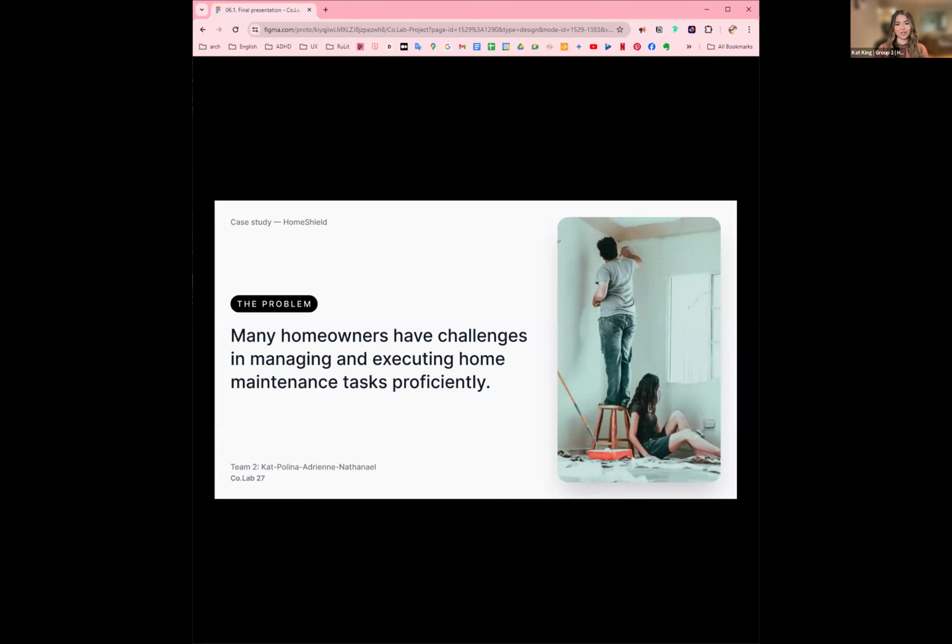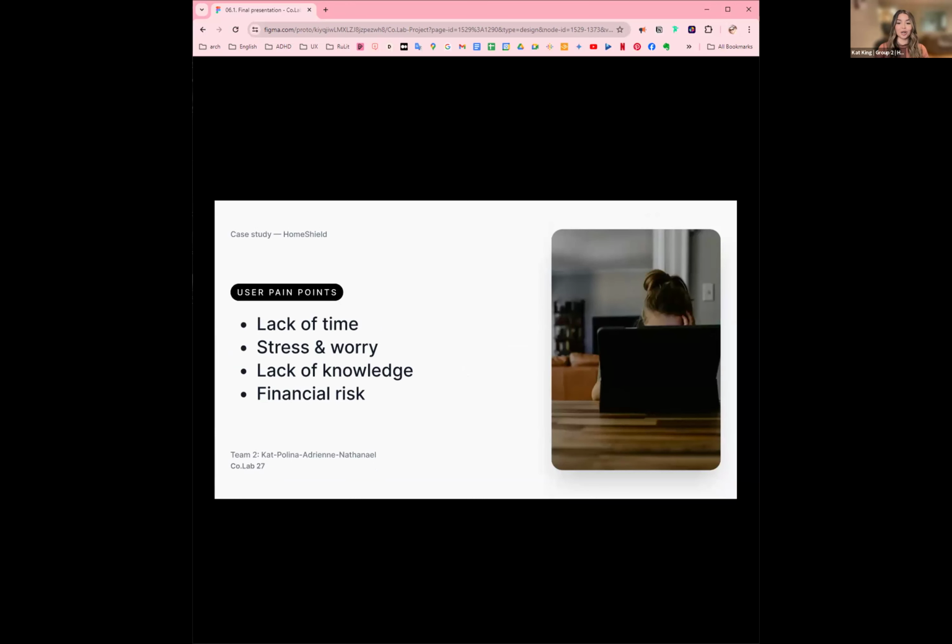Imagine finally owning your first home. You've signed the paperwork, secured the keys, but soon questions start piling up. What is the difficulty level of a roof inspection? Should I hire a professional or do it myself? For many homeowners, having to juggle home maintenance on top of everyday life demands can often lead to stress and